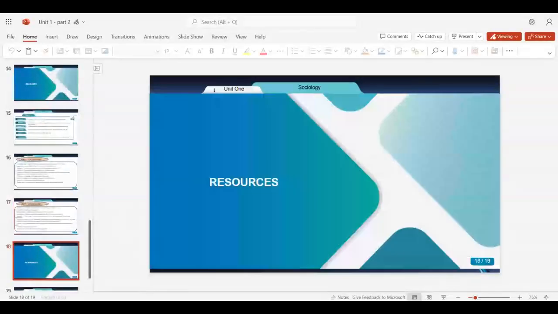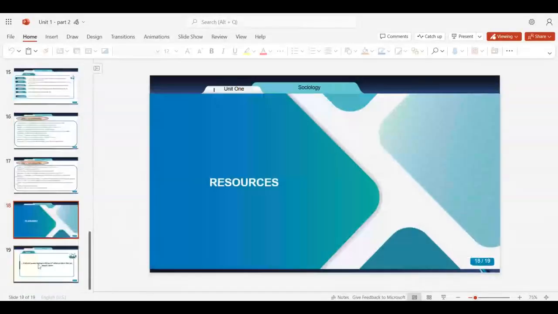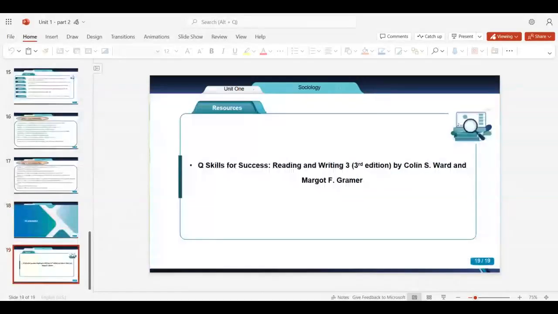So here we go for the resources. Hopefully this is the Q Skills for Reading and Writing, third edition, by Colin S. Ward and Margot F. Gramer. Okay, so now we are going to start the next unit, and hopefully you